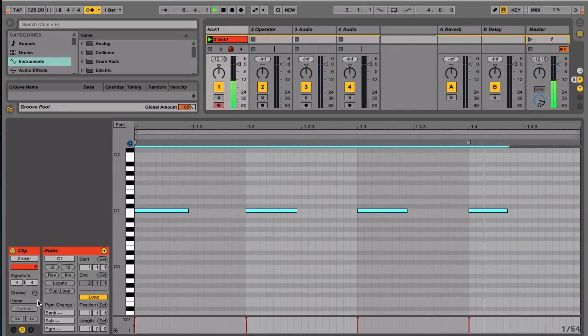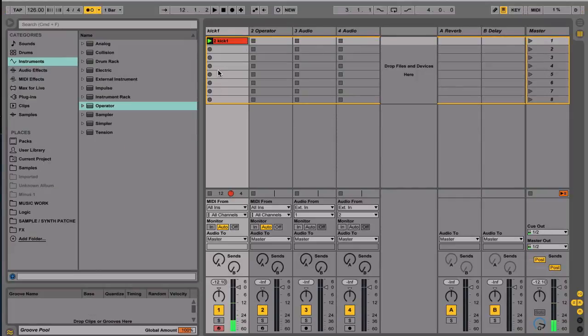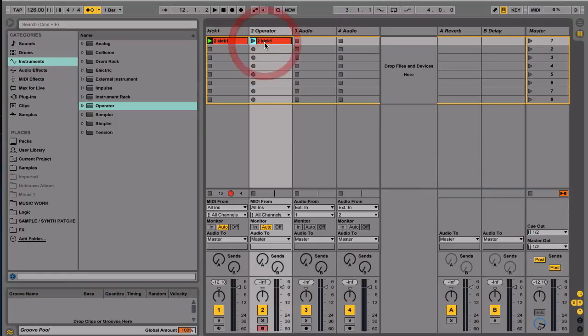I'm using Push, by the way, so I'm just going to enable the record quantize on. We can record that again, or we can just move it here. So it's copying the same pattern. So let's rename that to kick click. So if we play that,